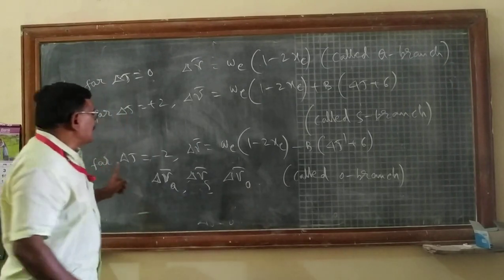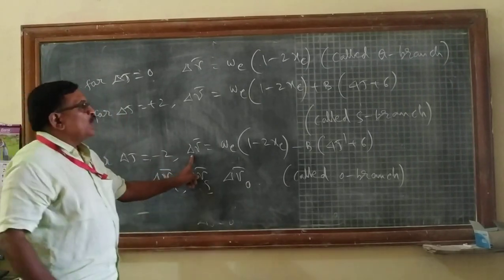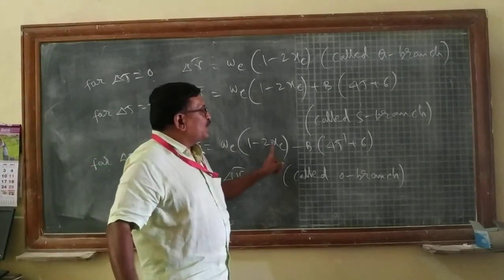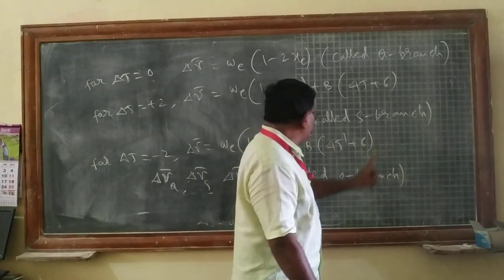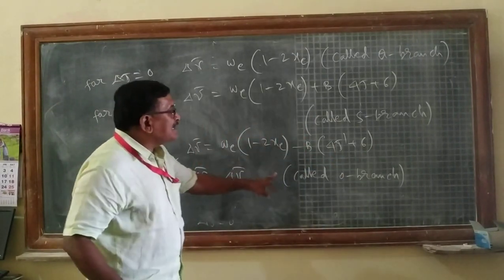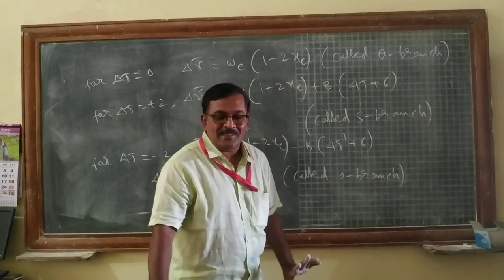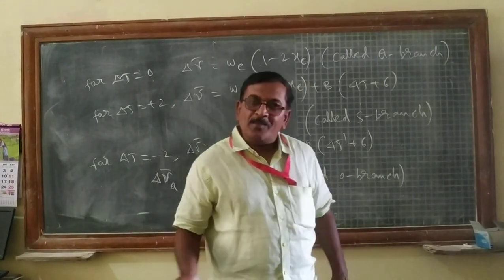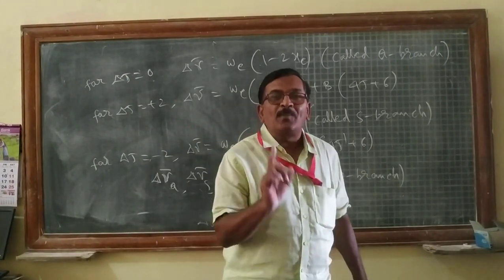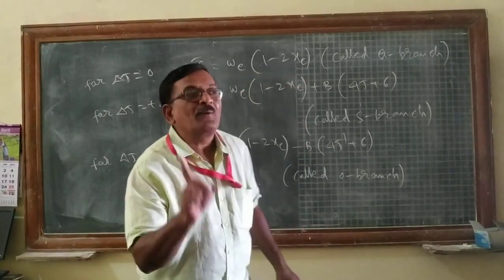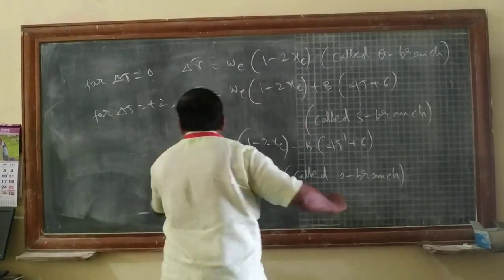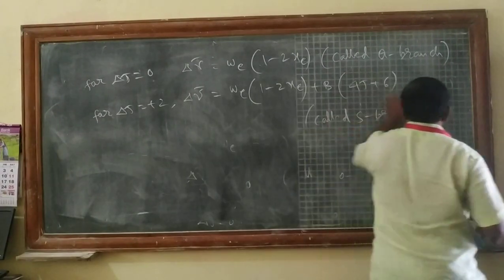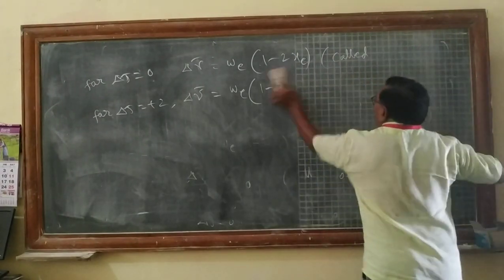Then for delta J equal to minus 2, delta nu bar is equal to omega E into 1 minus 2xe minus B into 4J dash plus 6. This is called the O branch lines. So these are all the spectral lines formed in the rotational vibration Raman spectra for diatomic molecules of the gases. The next, the final equation for the rotational vibration Raman spectra is